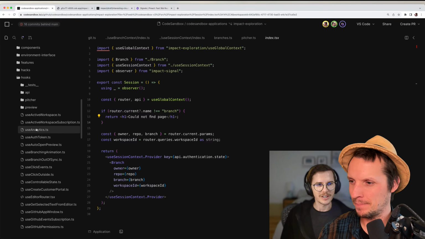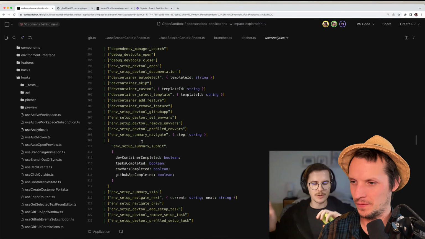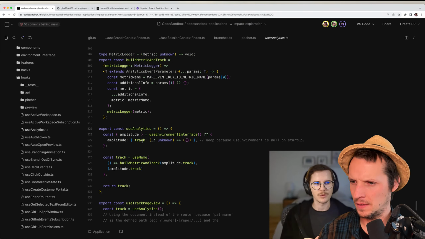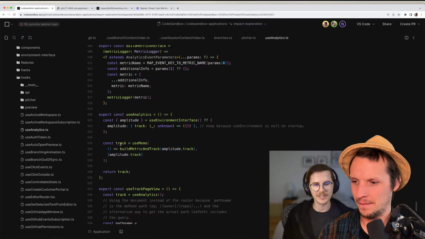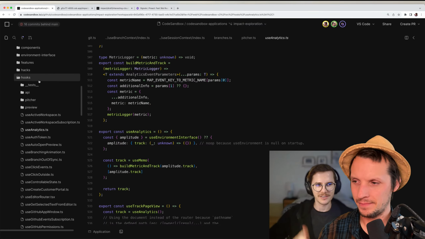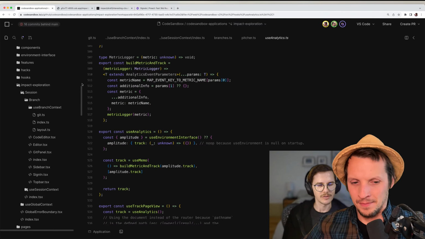And that's the problem we are facing now with the CodeSandbox application. But in this new approach, we have a clear distinction: what is a context hook and what is a functional hook. And we can keep this flat folder with a bunch of hooks, and it becomes very discoverable.